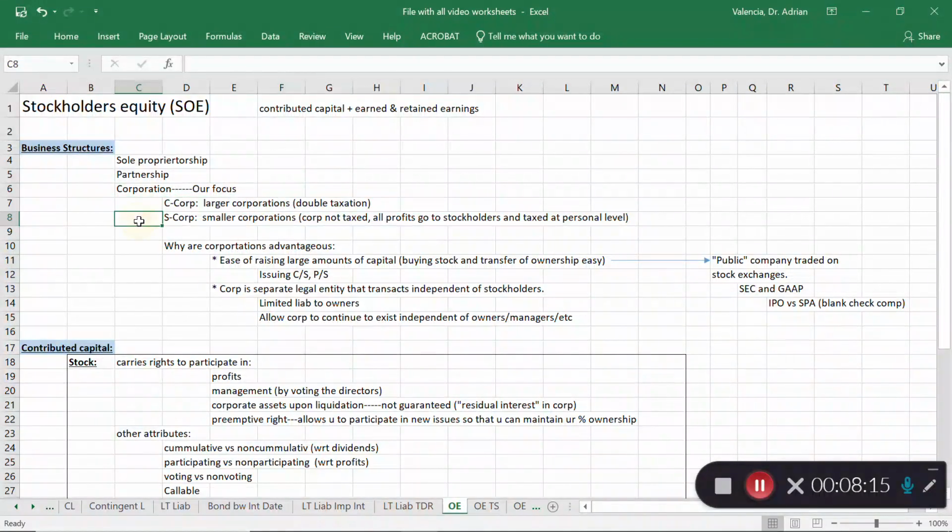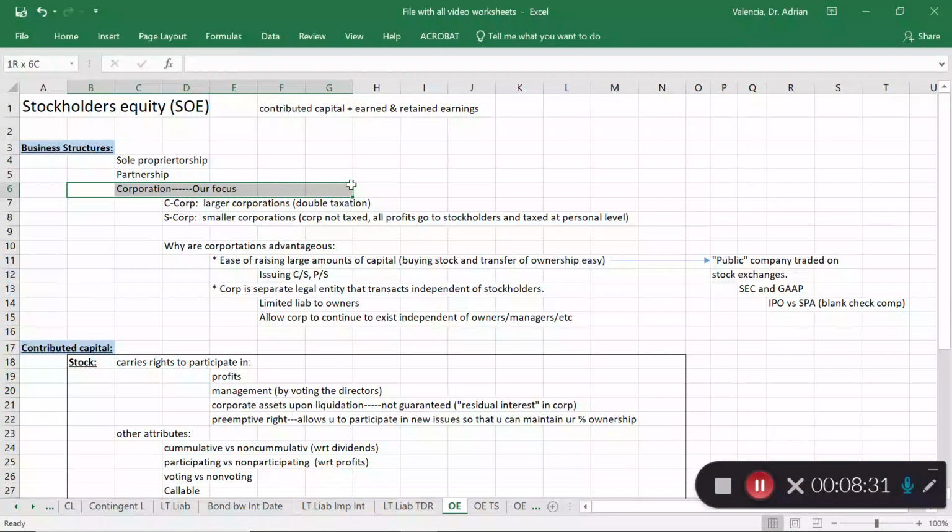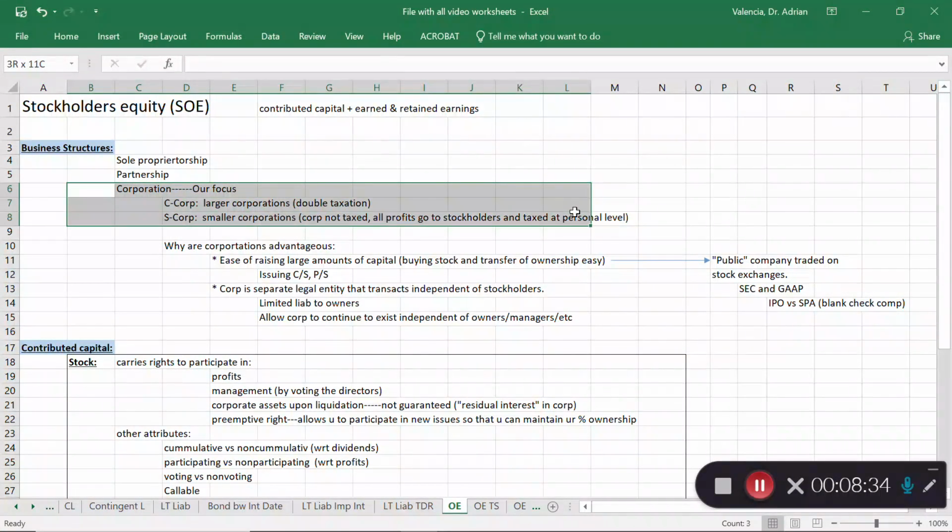Now, even though you see more sole proprietorships and partnerships in frequency, in other words, there are more companies set up as sole proprietorships, and corporations are smaller in frequency, the corporations are the ones that have the largest revenues, profits, and assets of the business structures. So for the larger companies, this is how it's going to work with the corporate structure, given these advantages right here.